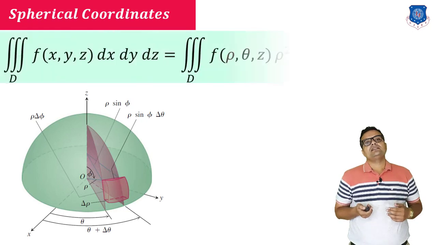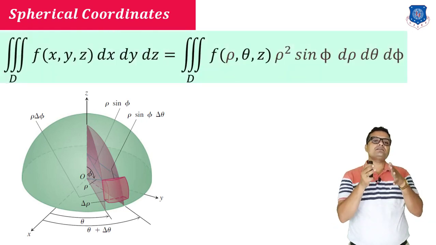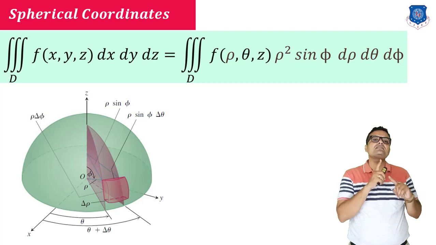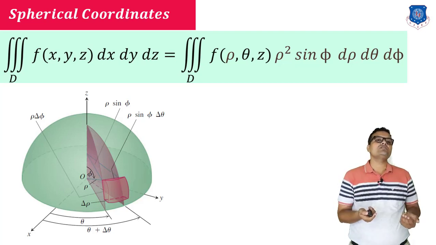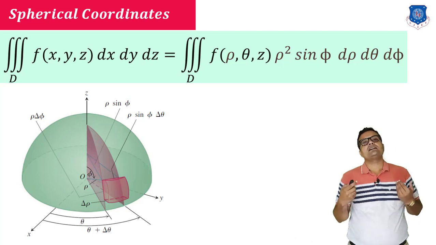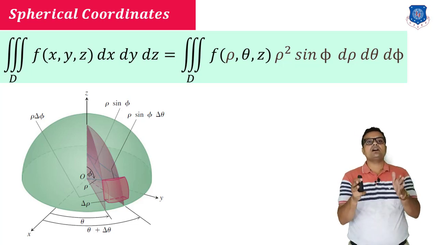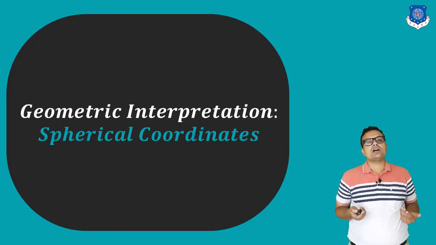Now let us consider our second part, which is how to incorporate this into triple integration. If my integration is with respect to x, y, z, and I want to consider that in the case of spherical coordinates, it will reduce my integral into rho, theta and phi, where the volume element is rho square sin phi d theta d phi and d rho. This is how I can change my integration from x, y, z to rho, theta, phi.